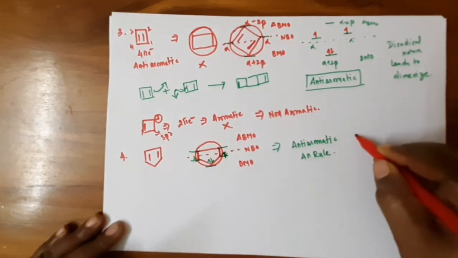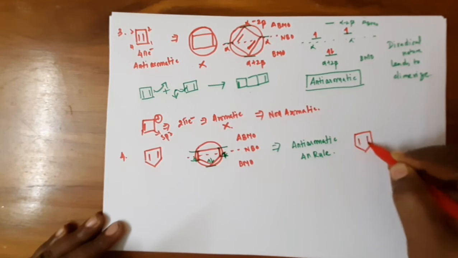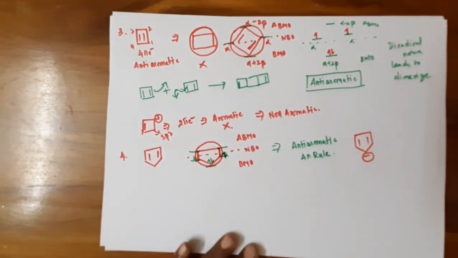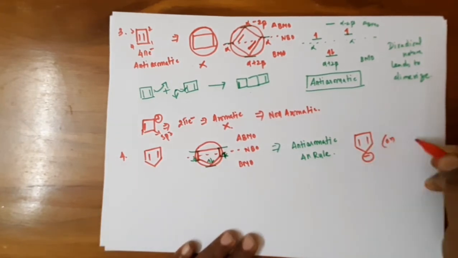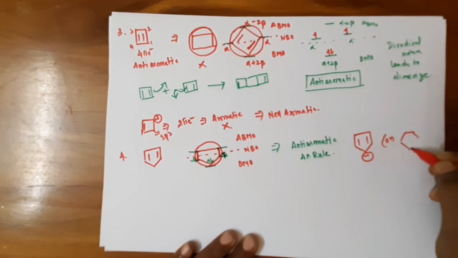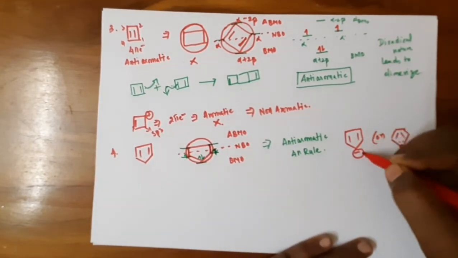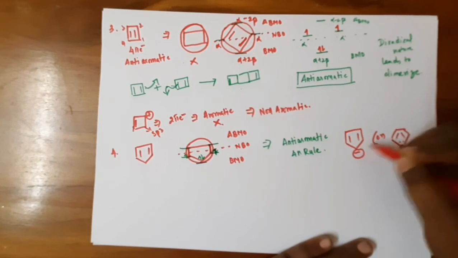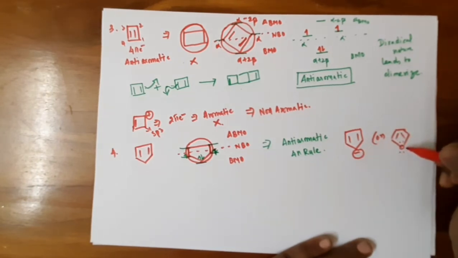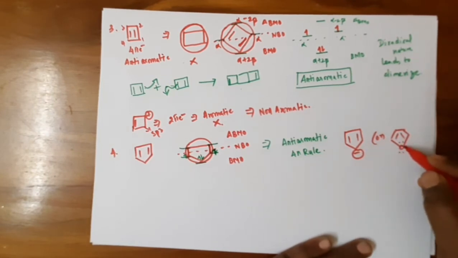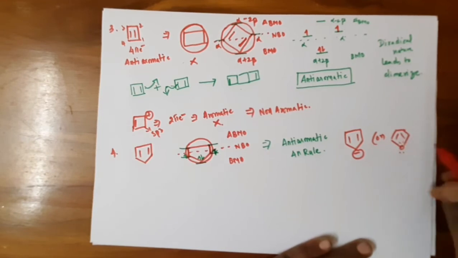And one more example. We see here, this is 1, 2, 3. This negative charge is involved in the conjugation, and here this oxygen atom. Both are 5-member rings, but one of the negatively charged carbons is replaced by this oxygen, an electronegative atom. So this oxygen donated its electrons for the delocalization. So it has 6 pi electrons, and this also has 6 pi electrons.